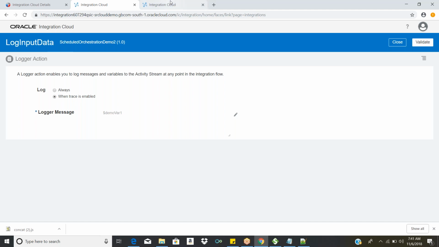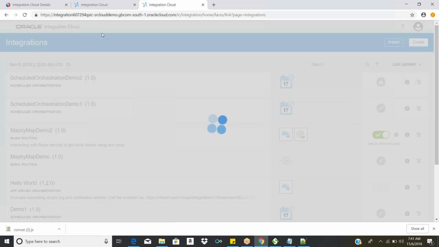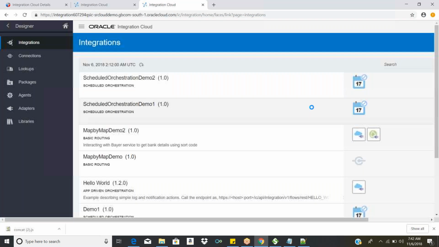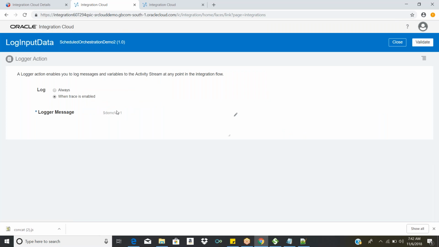I told you in the previous sessions, there is an option, trace with payload, tracing enabled or disabled, when you're activating the integration. If you enable trace, then only you can see the message in the log activity.